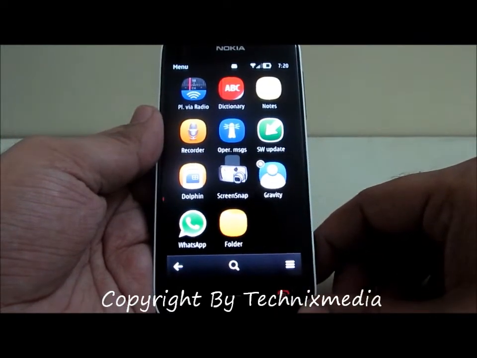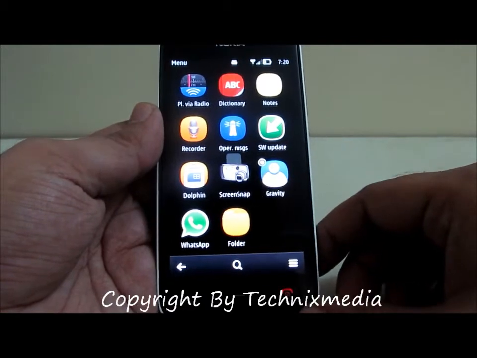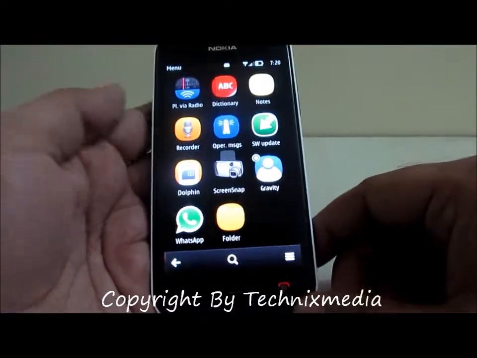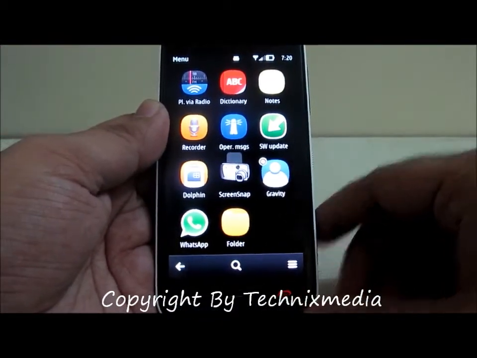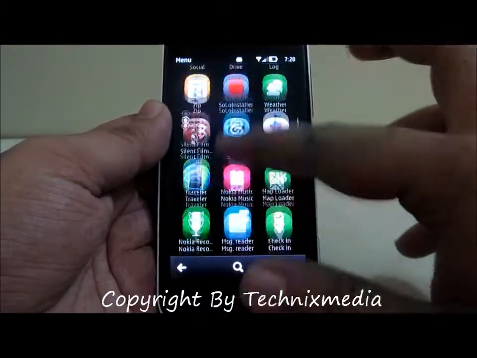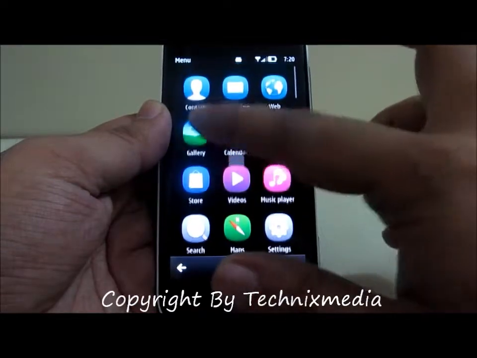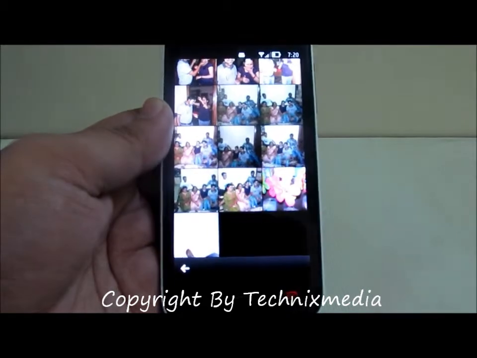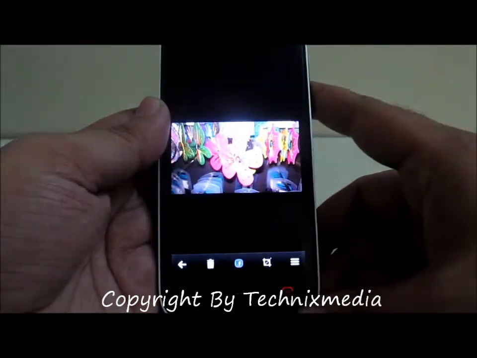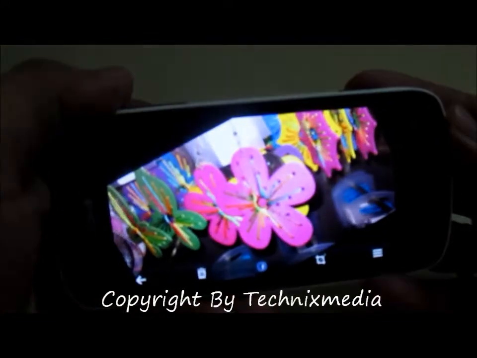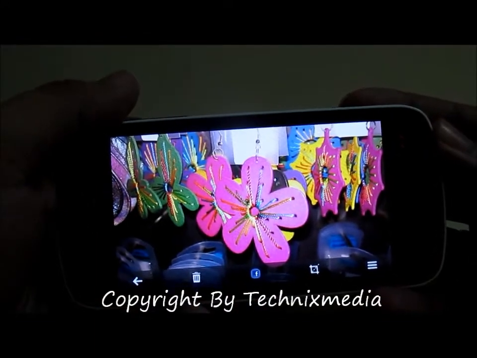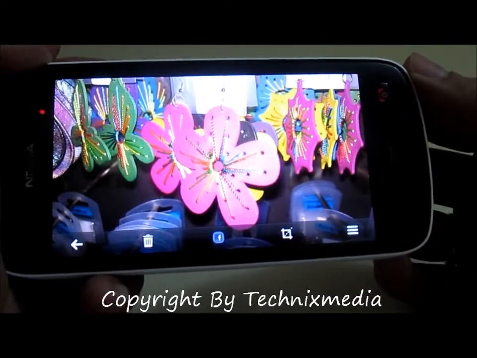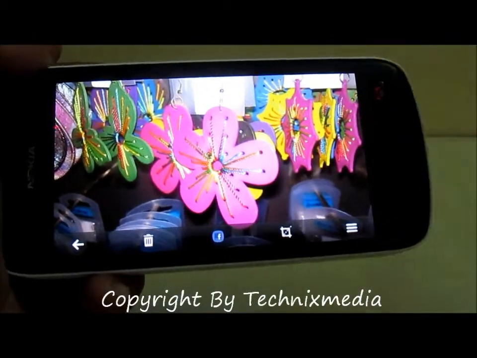Today we are going to tell you about the overall image editing which you can do on Nokia PureView 808 without using any other external application. So if you go to the gallery, you will find all the images which you have taken using the camera or which you have transferred to this phone. For example, if we have this image and I want to actually modify this image over here without using any external software, I can always do using the default options which are there in camera gallery on Nokia PureView 808.